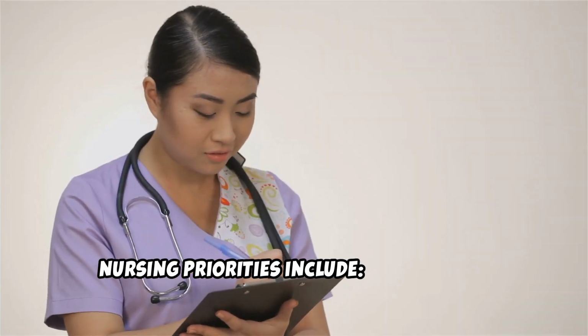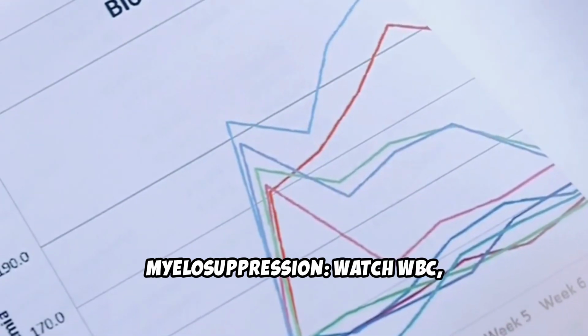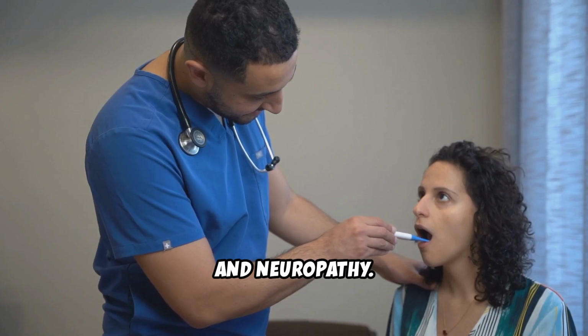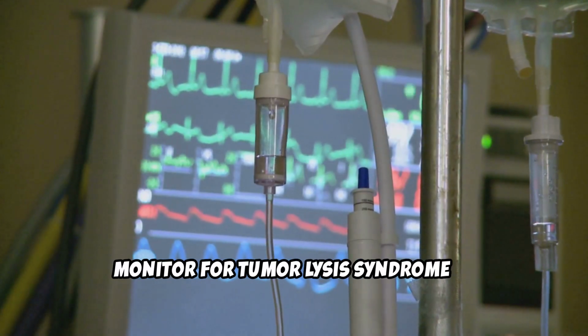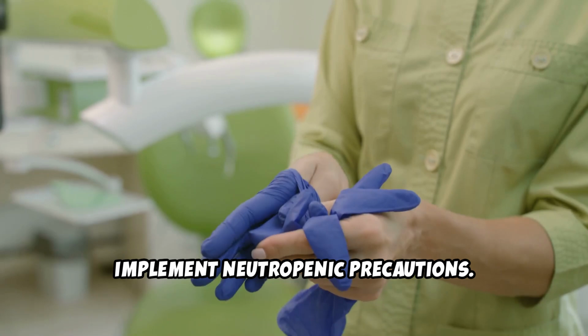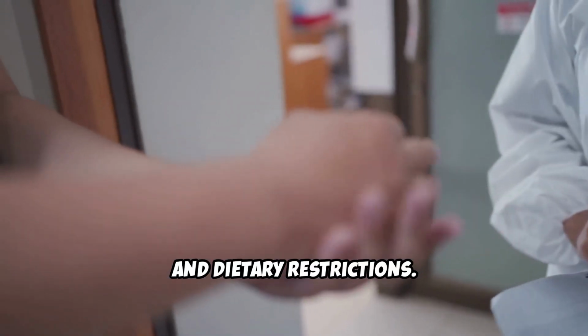Nursing priorities include monitor for treatment side effects, myelosuppression, watch WBC, platelets and hemoglobin, nausea, mucositis, and neuropathy, monitor for tumor lysis syndrome in aggressive disease, prevent infection, implement neutropenic precautions, educate patients about hygiene, masks, and dietary restrictions,